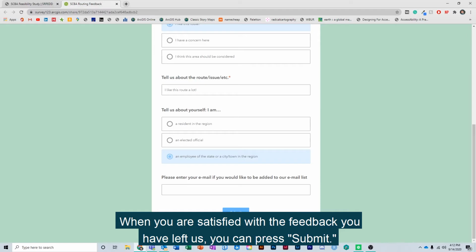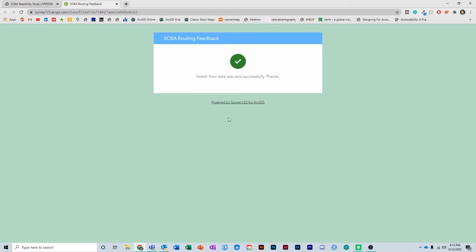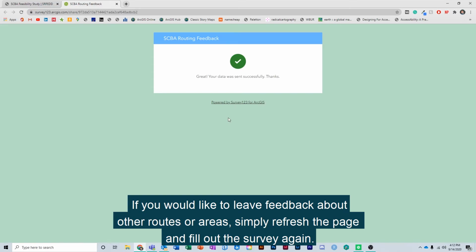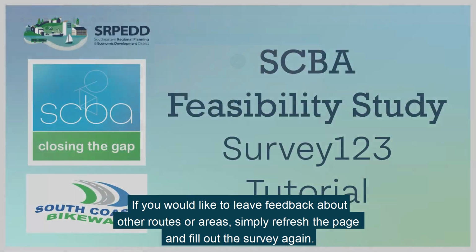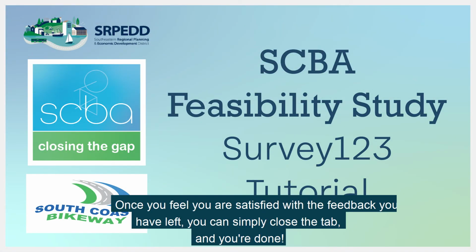When you are satisfied with the feedback you have left us, you can press Submit. If you would like to leave feedback about other routes or areas, simply refresh the page and fill out the survey again. Once you feel you are satisfied with the feedback you have left, you can simply close the tab